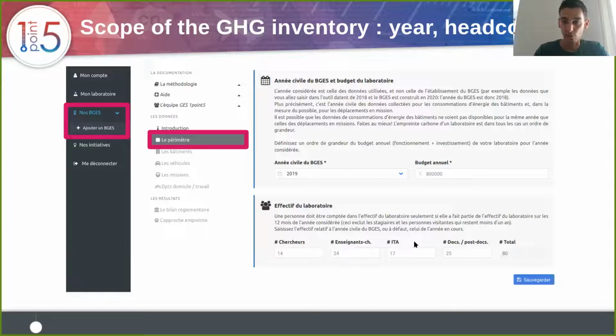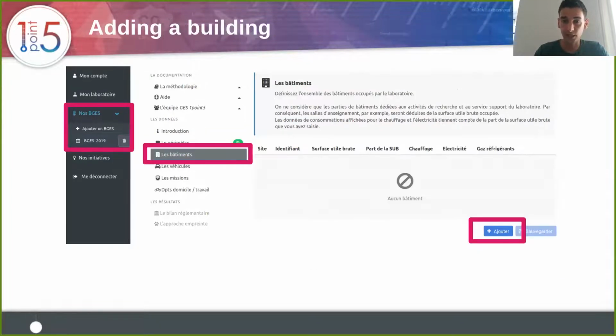Once the carbon footprint is created with this metadata, the user will have access to the different modules: the buildings, the vehicles, but also the professional travels and the daily commute modules.